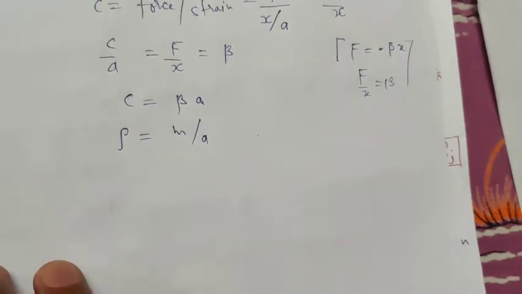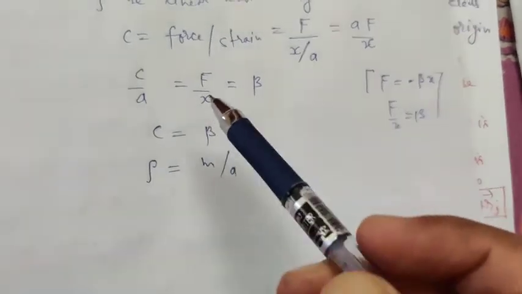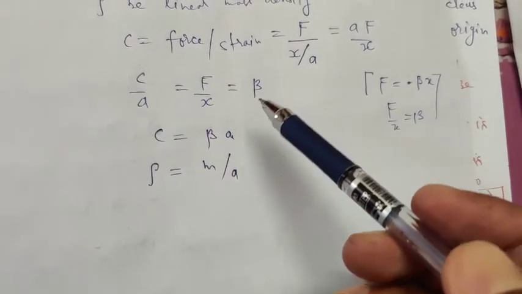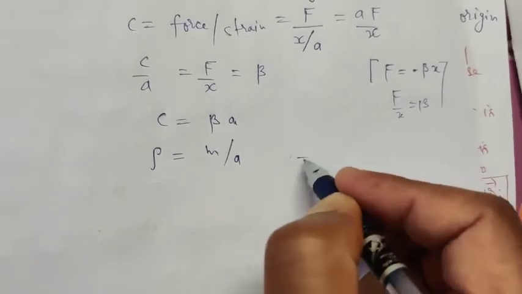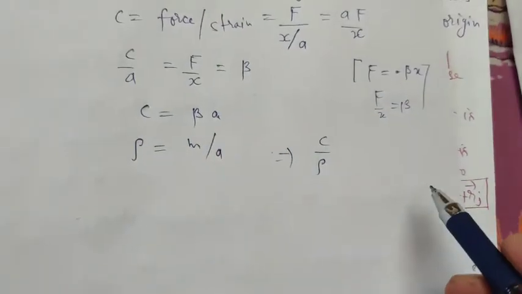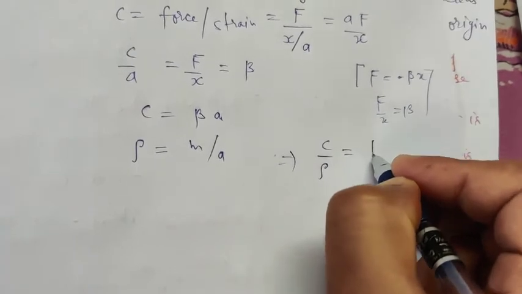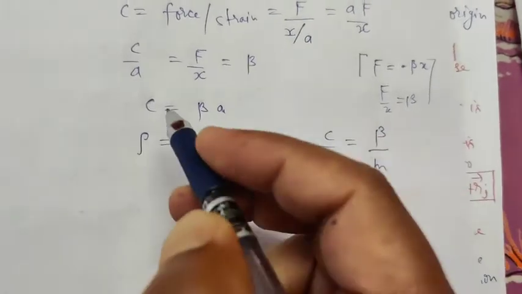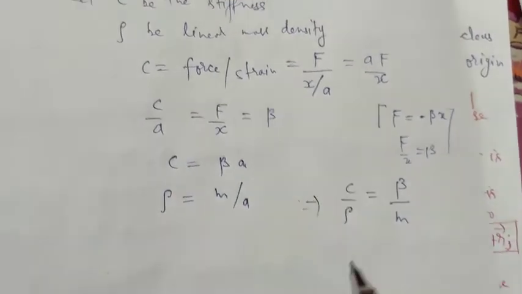So if we divide by this, c upon rho, we will get beta a upon m. Dividing this by this, beta upon a will be cancelled. Therefore thus,